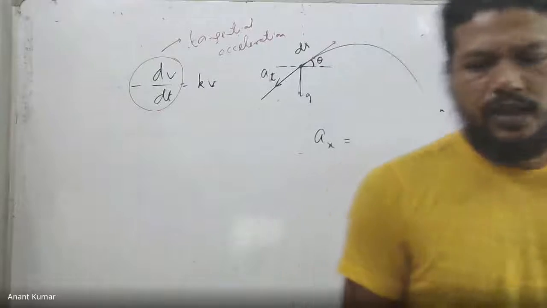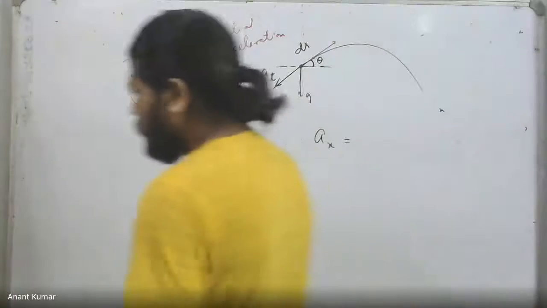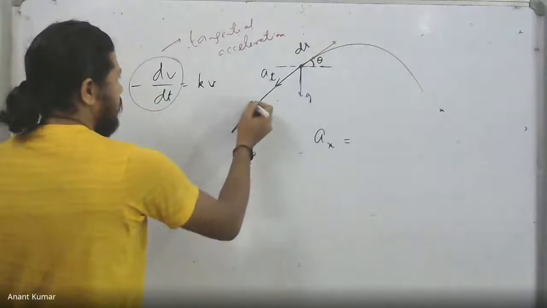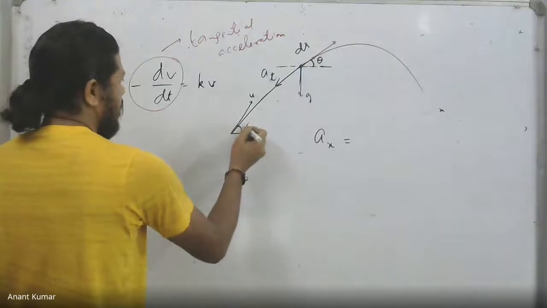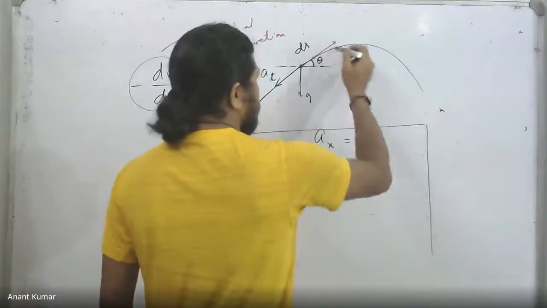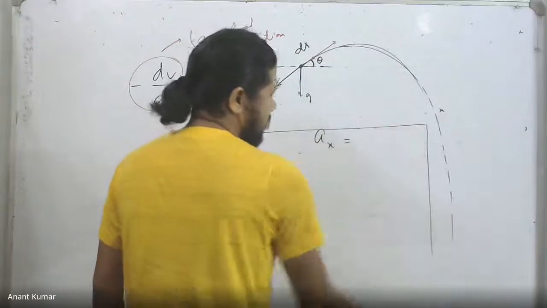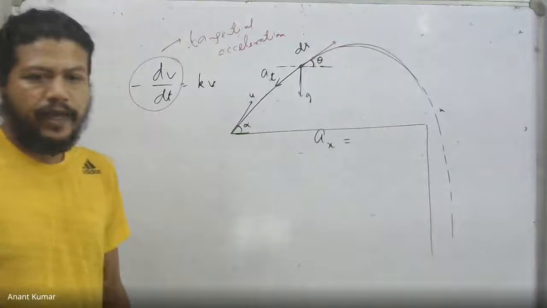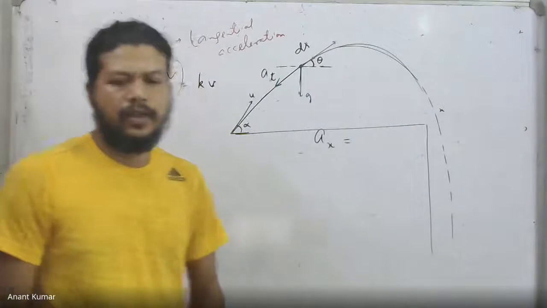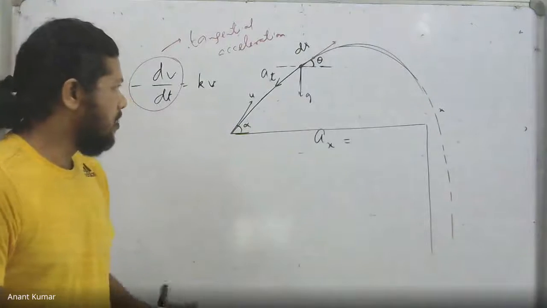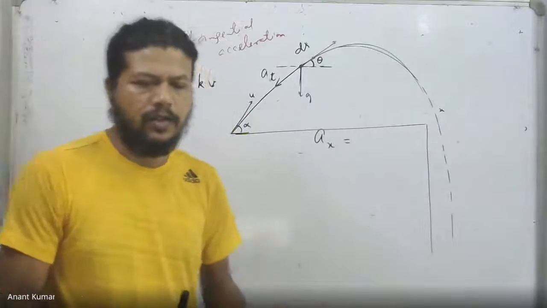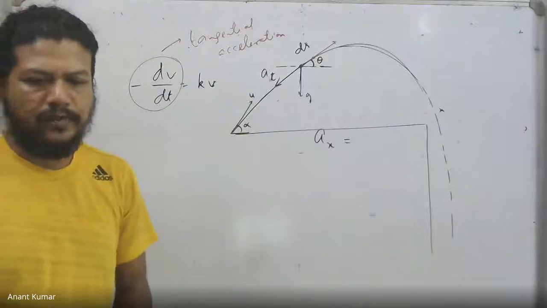Okay. The initial situation was that it was projected with a speed equal to u and the angle was alpha. There was a cliff somewhere over here. So I want this projectile to hit the enemy locations sitting right below the cliff. I need to make sure that by the time it reaches this particular distance, the x velocity has gone to 0. Then it just falls straight forward, okay?